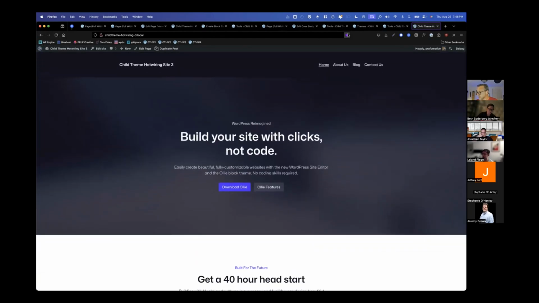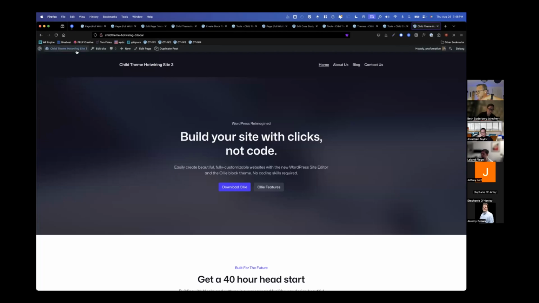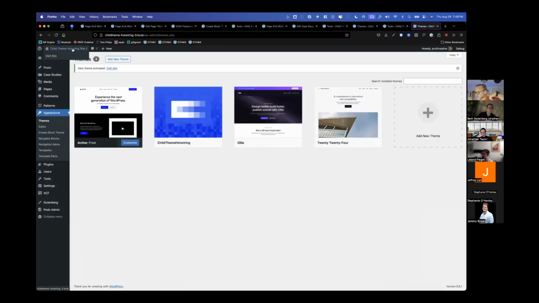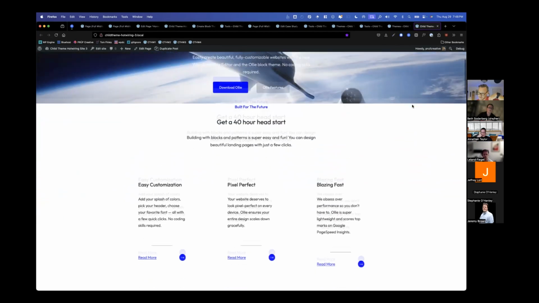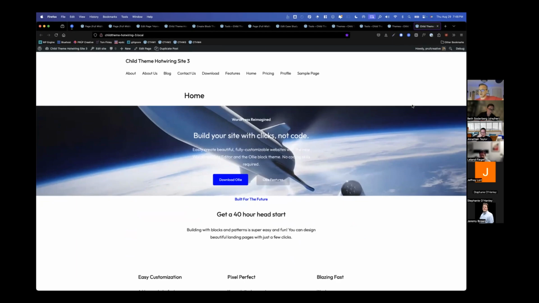And my objective here is I want to make my child theme work for another common base theme, which is Frost. Frost was designed and developed by Nick Diego and Brian Gardner. It looks a little messy with the Ollie content here. But this is a free theme that you can go out and get. It's also maintained by WP Engine. It's been a few months since it's been updated, but Frost is a solid starting point as well.